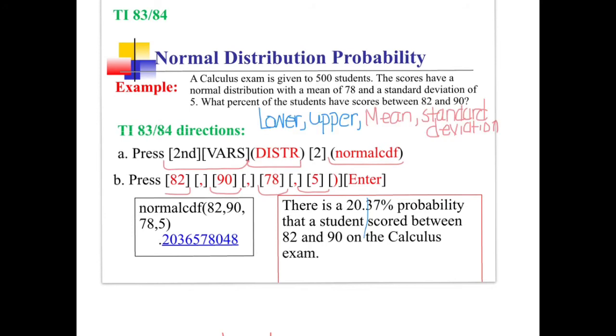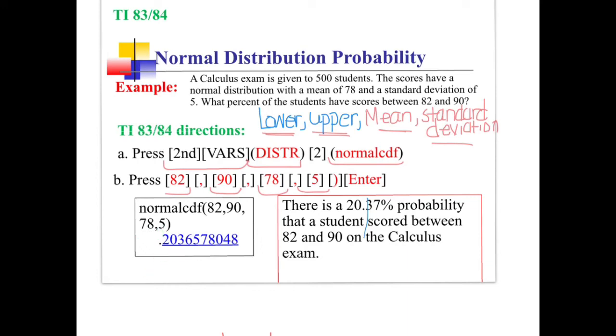Okay, recap. You're going to put it in the calculator, and you're always going to do lower bound, upper bound, mean, standard deviation. So take a look again. We have our lower bound, 82. We got that from the problem. Upper bound, 90, because we're going from 82 to 90. And we put in the mean, which is 78, comma, standard deviation. And it spits out